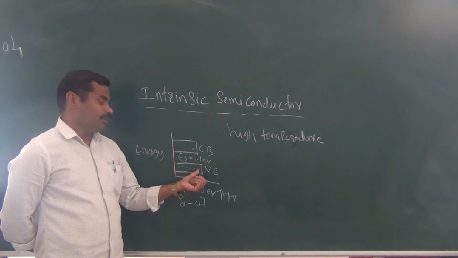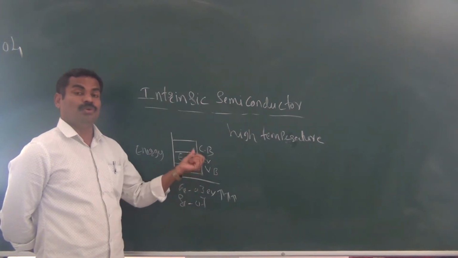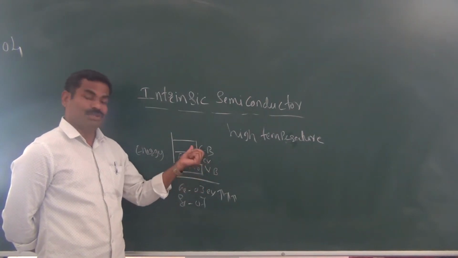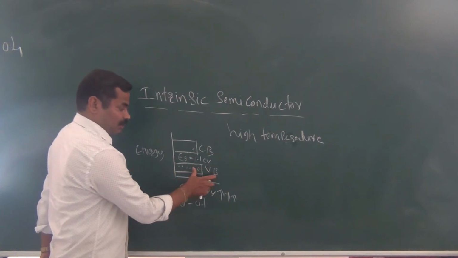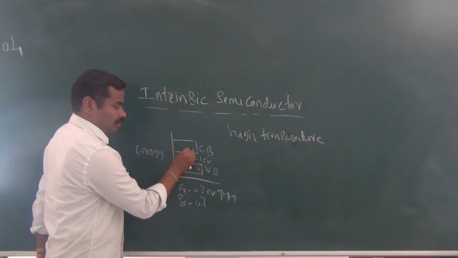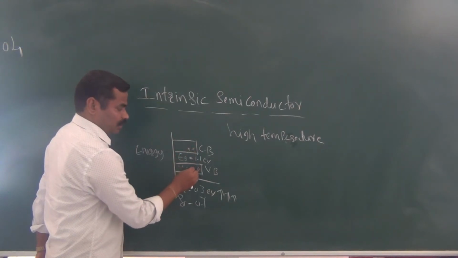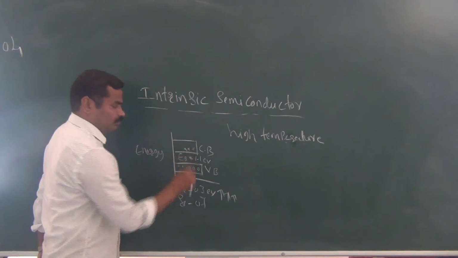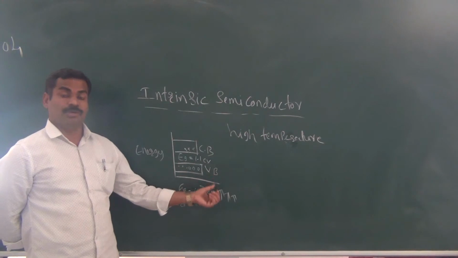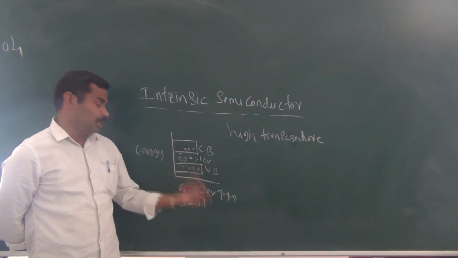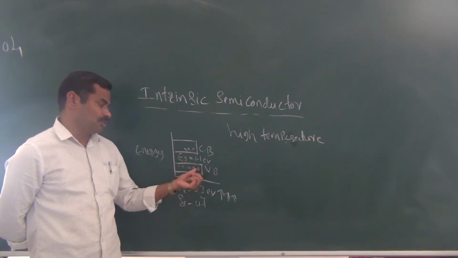It means that we can place a position nothing but the hole. Here, this electron moves towards here, and it will create a hole. Then this electron, having the energy, will break the covalent bond and move towards here. Here it creates a hole, and here also, like that, they create another hole. It means however many bonds you are breaking, that number of electrons are generated, and at the same time holes